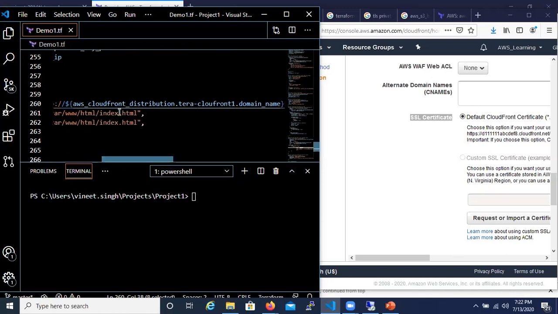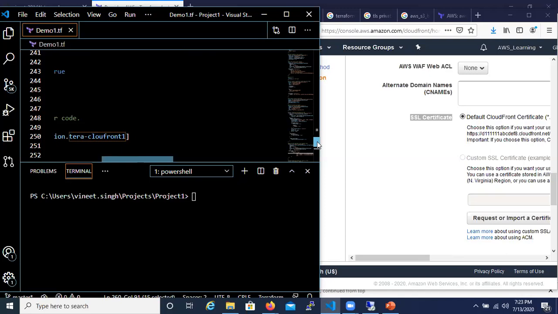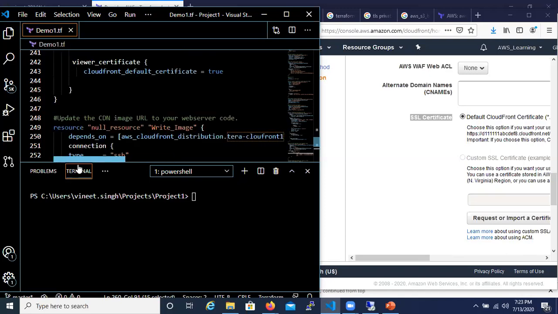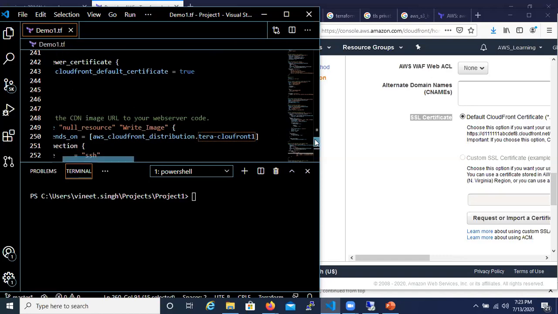So my CloudFront is aws_cloudfront_distribution.terra_cloudfront1. This is my CloudFront name. If you see here, terra_cloudfront1. This is the name.